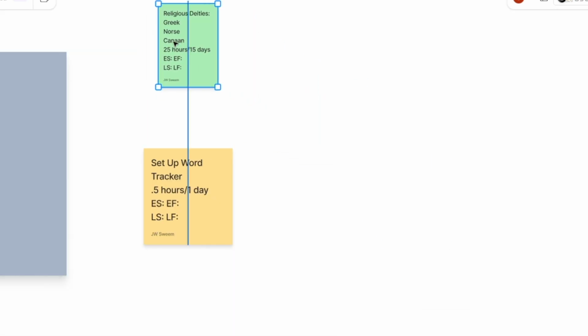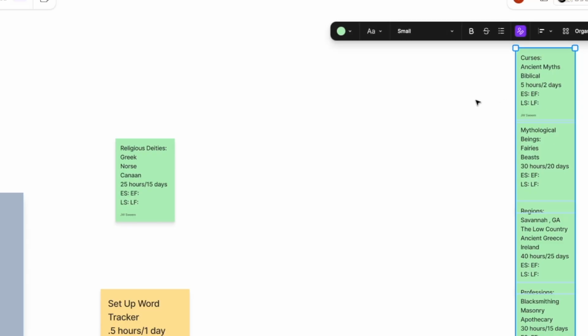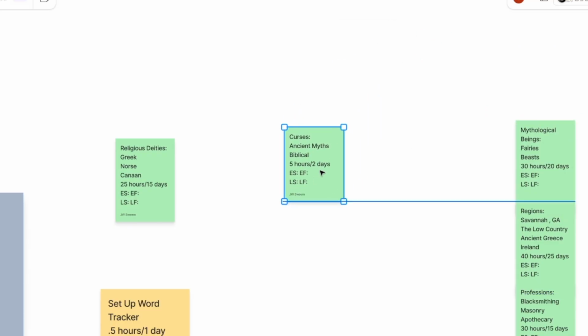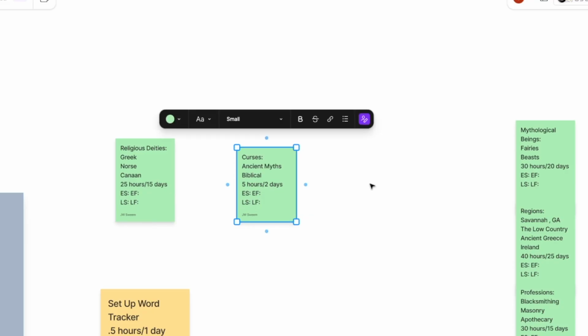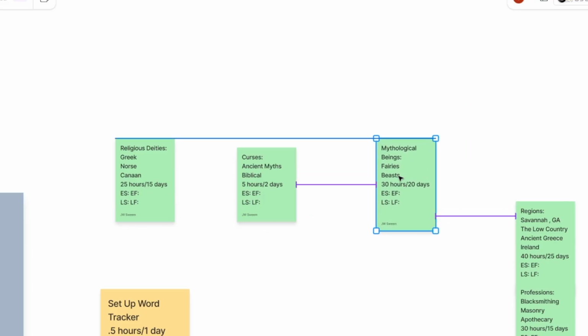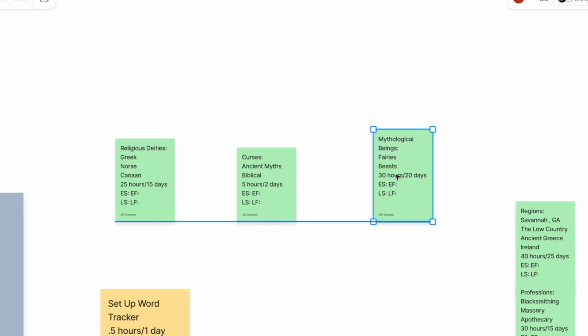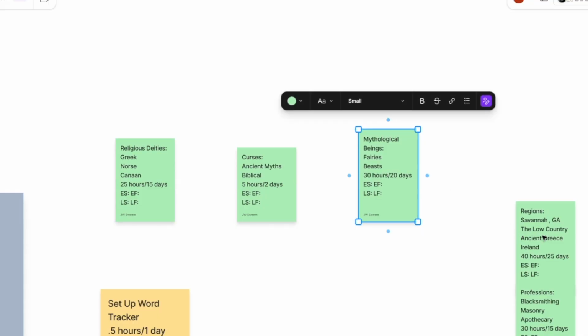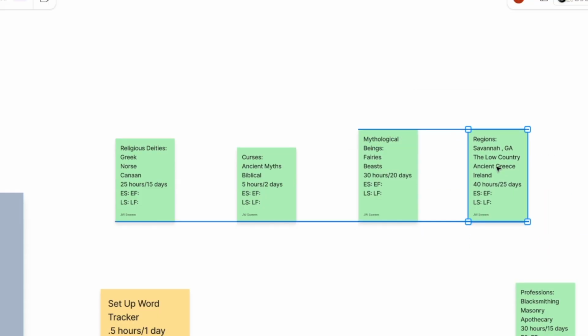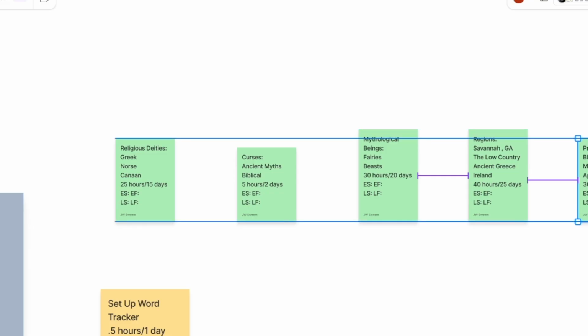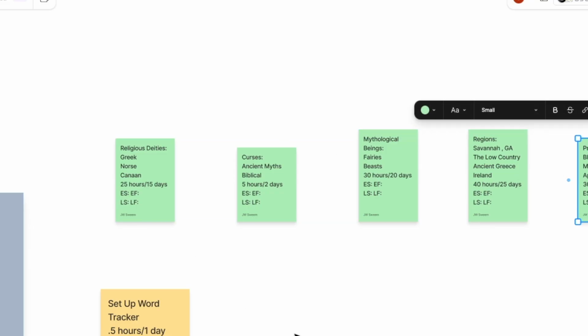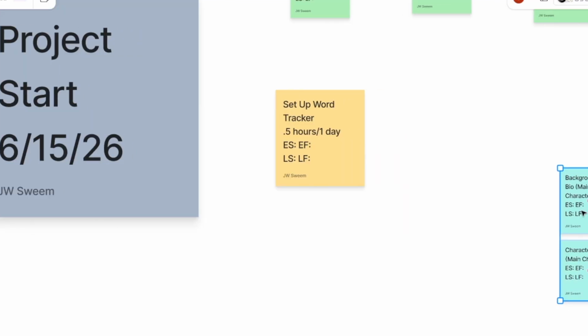So researching the religious deities and then the curses, the mythological beings, really just lining up all of my research tasks. And I'm lining them up in sequential order because I am just one person, and so I can't layer my research. My brain doesn't work that way. So I'm doing it in more of a sequential order where I'll research one thing and then move on